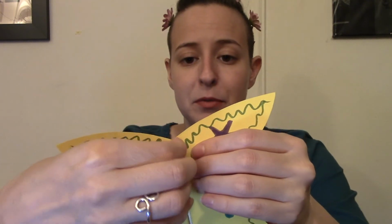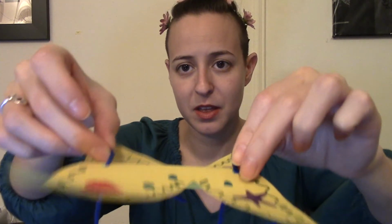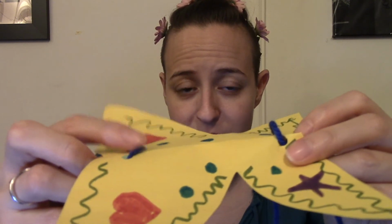Okay, so now we can take the other piece of yarn or string, doing the same thing through the bottom half. Through one of the holes and back down through the other. And now I'm tying a knot on the underneath side or the belly. There we go, just like that. So both in the front and the back, you can see there's a little bit of give in those loops